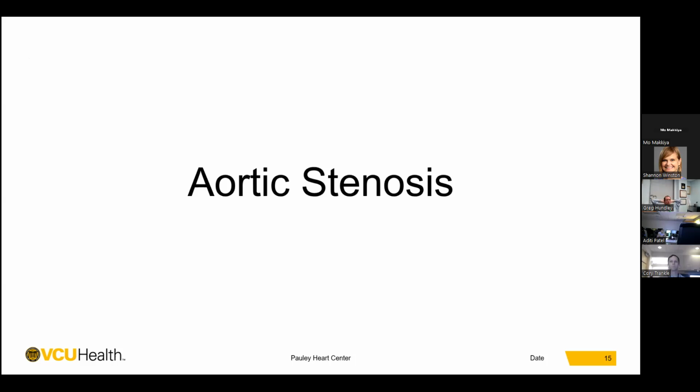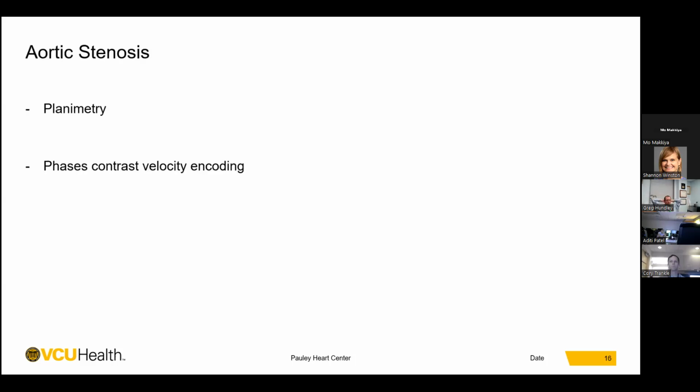We start with aortic stenosis. So how do we evaluate aortic stenosis in MRI? We use several techniques. We use planimetry, and we use phase contrast velocity encoding. We start with